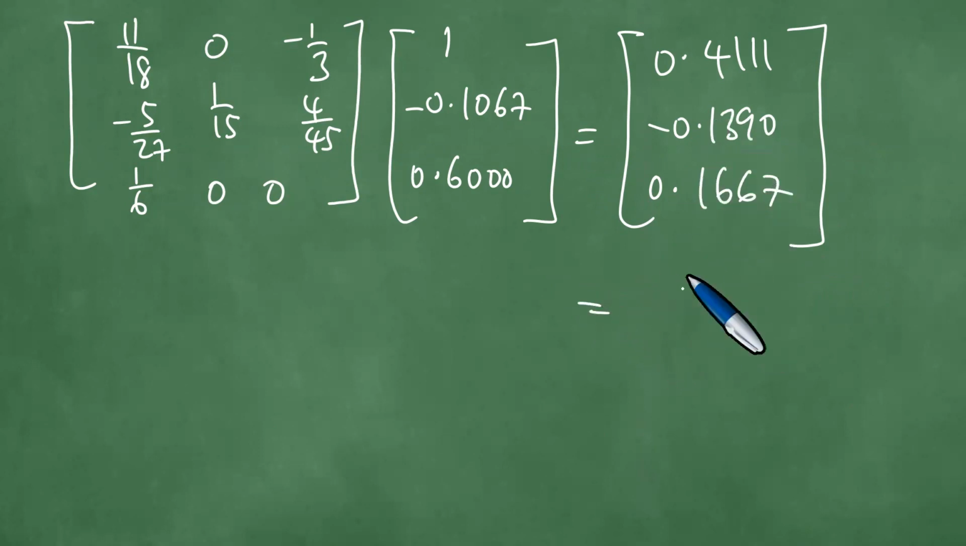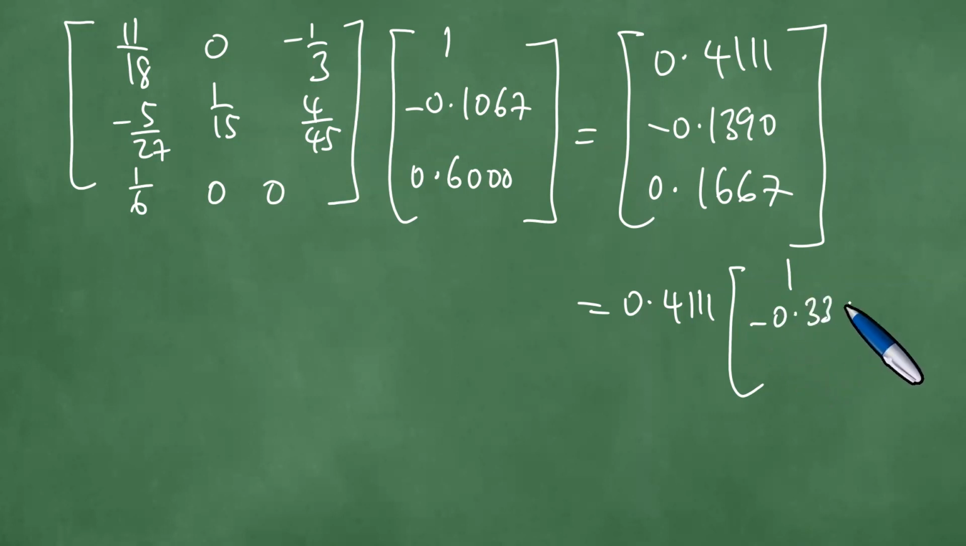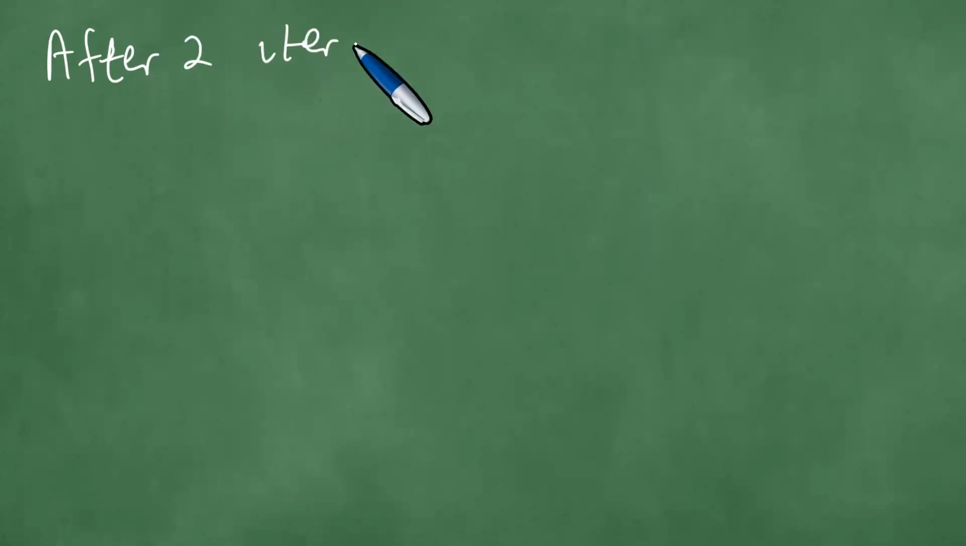Okay, the biggest magnitude is 0.4111. We factored it out, and we have 1, 0.3380, 0.4, 0.54, and we make a couple of observations that after two iterations,